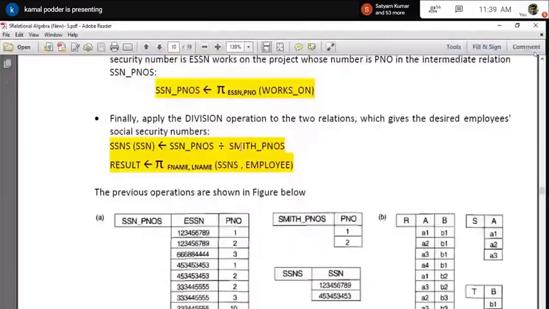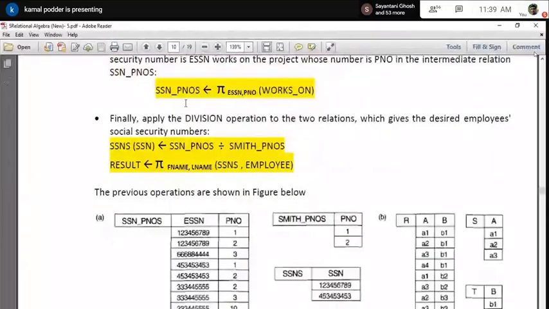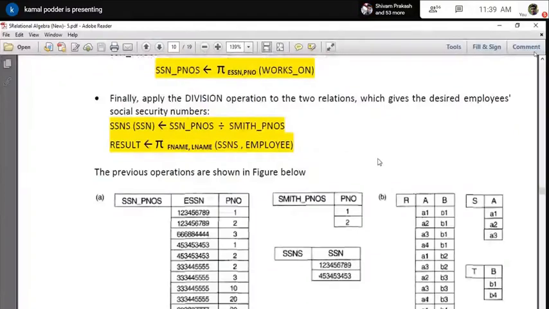Now I finally apply the division. I divide this with the help of this. This is actually the project where Smith is working, and this result set is giving the employee number and the project number where all the employees are working on projects. So I just divide it.